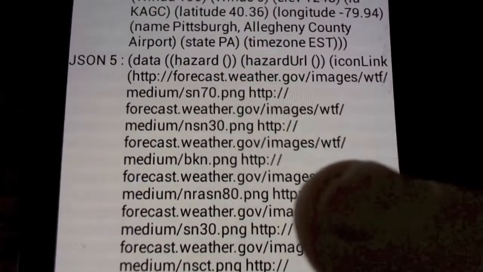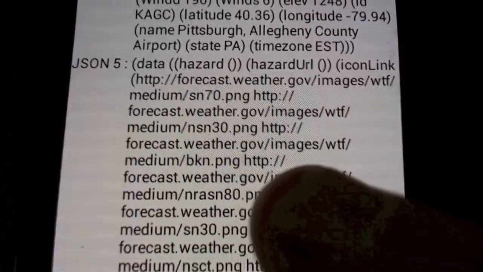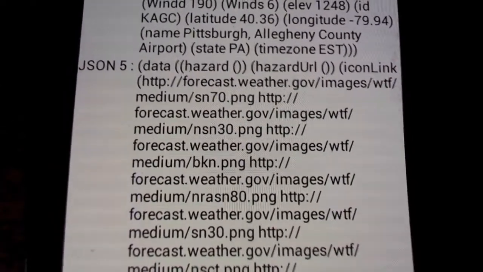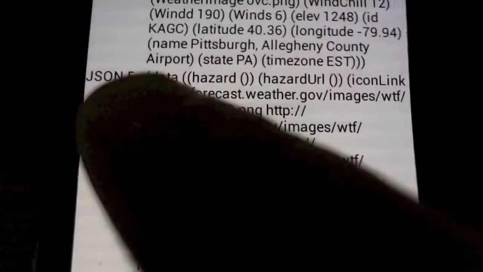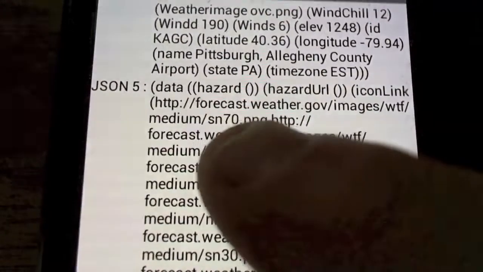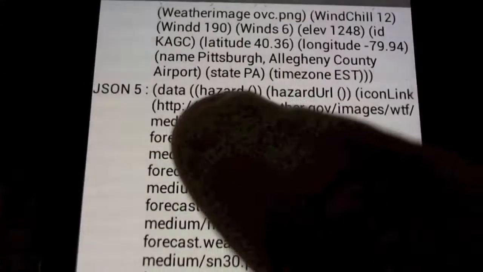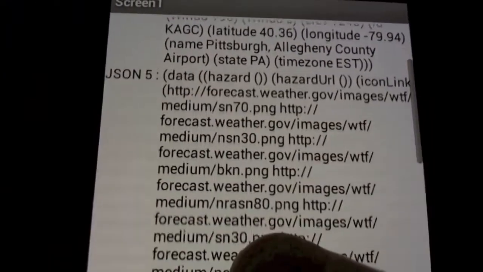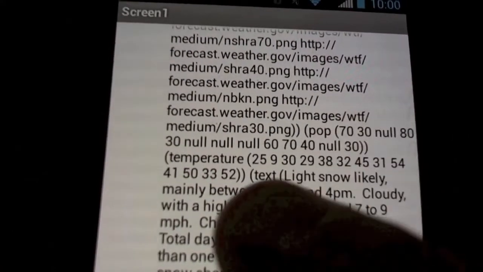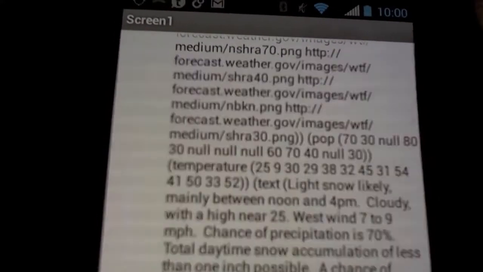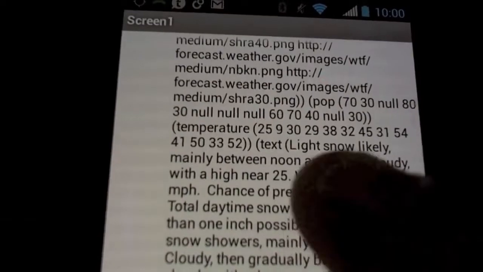Okay, so this time what we're going to be doing is getting the actual text, which is going to be like an abbreviation of what the weather is expected to be today. So that is in data also, just like before. So we're going to write down a 5. Then we're going to go 2 because we don't want the word data, we want the list. Then we have to count through here. So hazard's 1, hazard URL is 2, icon is 3. Cycle through this. Pop is 4, temperature is 5, text is 6. So we're going to write down 5, 2, 6, and then we need to